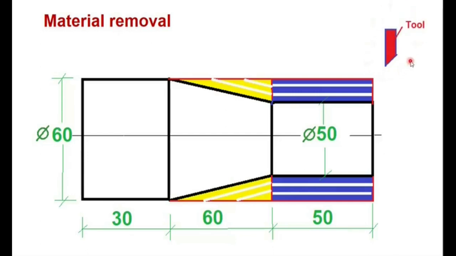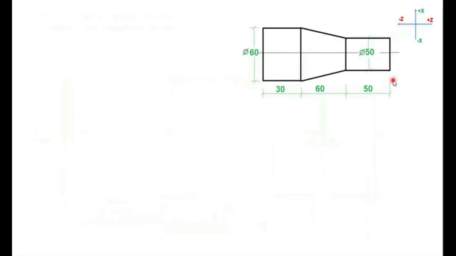So as per our notation, the tool will come from the upper side. So what will be the x-axis and z-axis notation? Our 0 will be at this position. Anything towards the right side, that is Z plus, anything towards the left side, Z minus. Tool is here, so anything coming this side, X plus, anything this side, X minus.